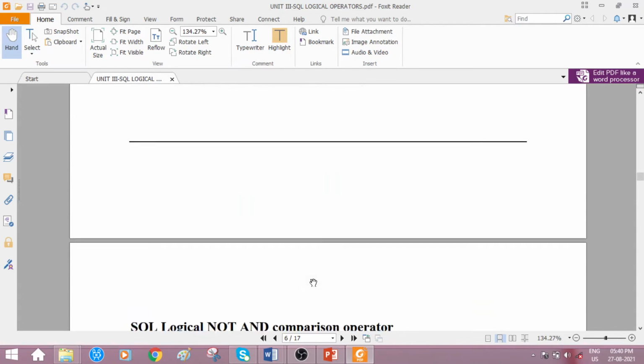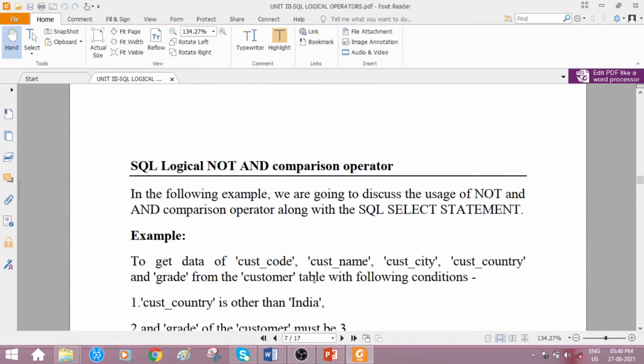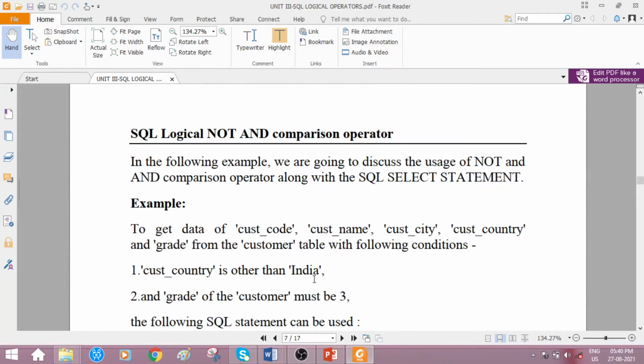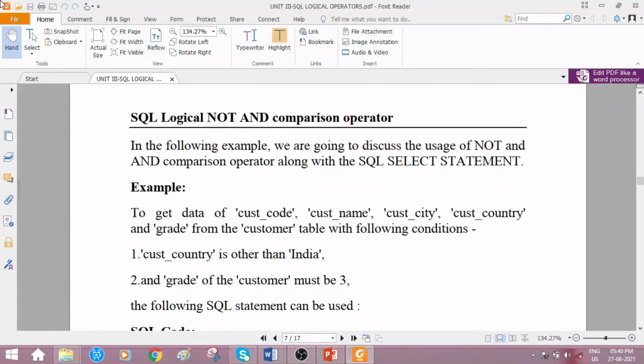We shall discuss the next one, that is logical NOT and comparison operator. So what is this? To get data of customer code, name, city, country and grade from the customer table with these conditions. I think it is repeated, student.